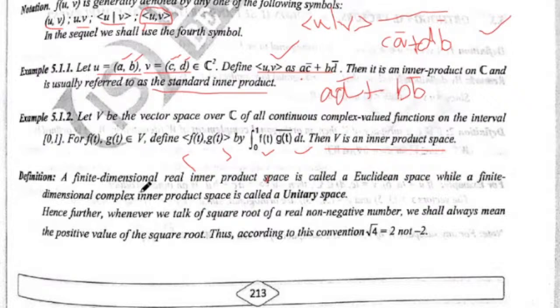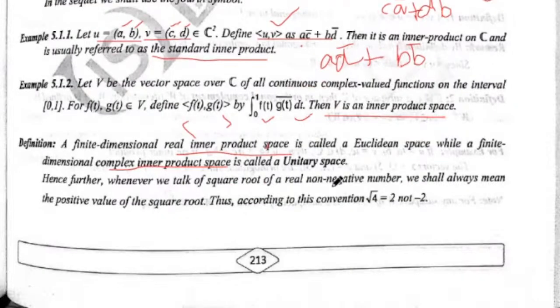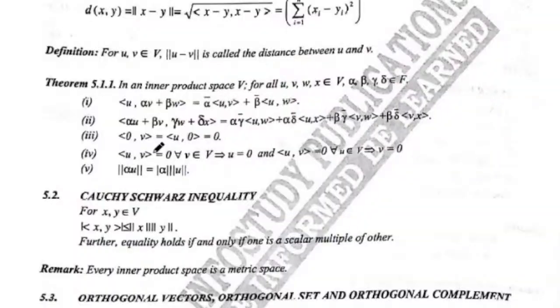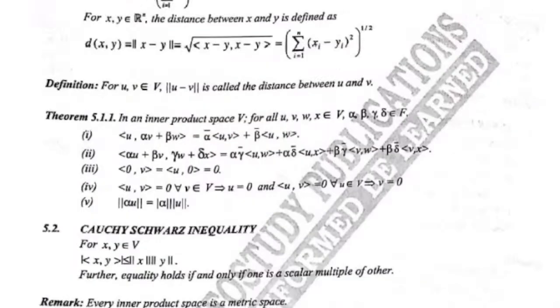Next, a finite dimensional real inner product space is called the Euclidean space, while a finite dimensional complex inner product space is called the unitary space. Euclidean space is nothing but a finite dimensional real inner product space. Hence, whenever we talk about the square root of a real non-negative number, we shall always mean the positive value of the square root. This I will explain later in the upcoming pages. Okay, next,